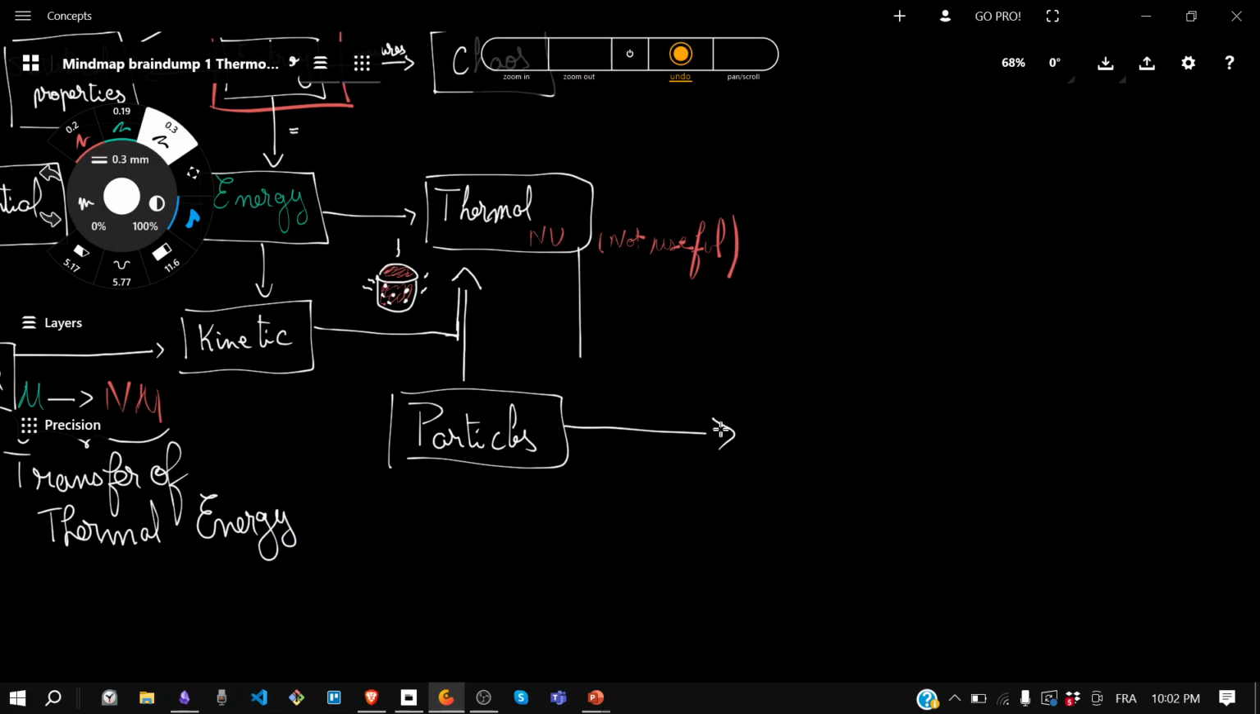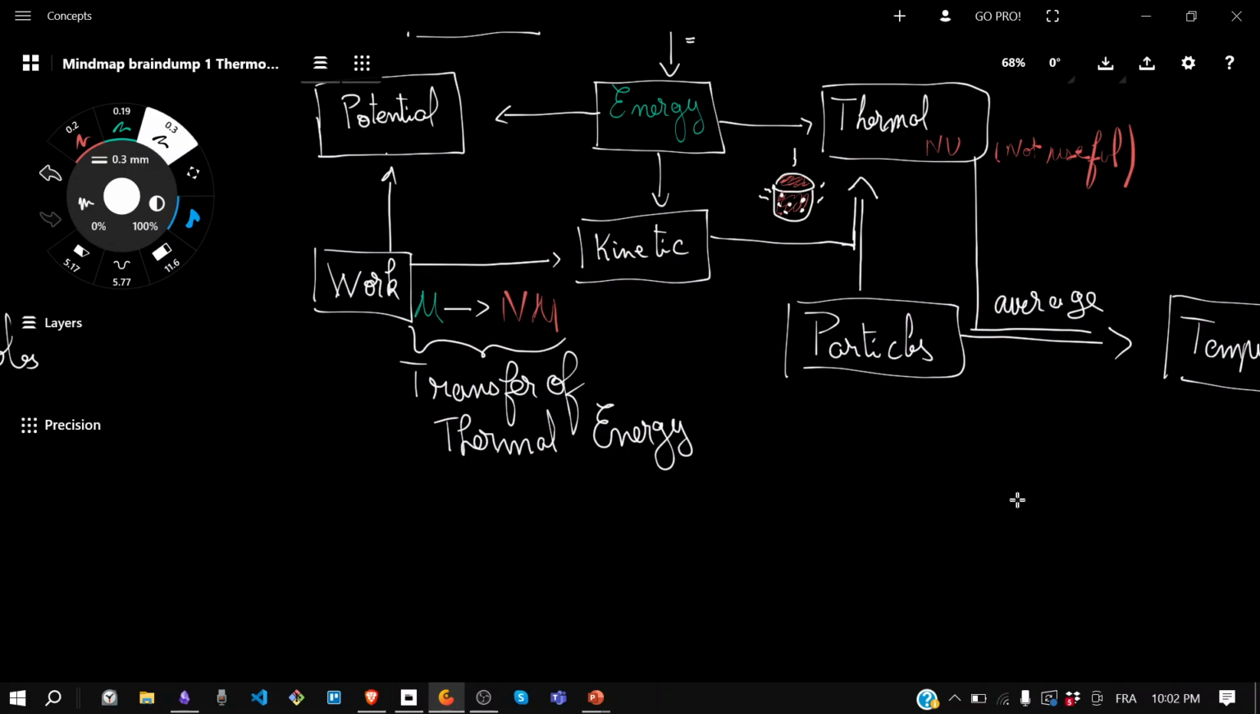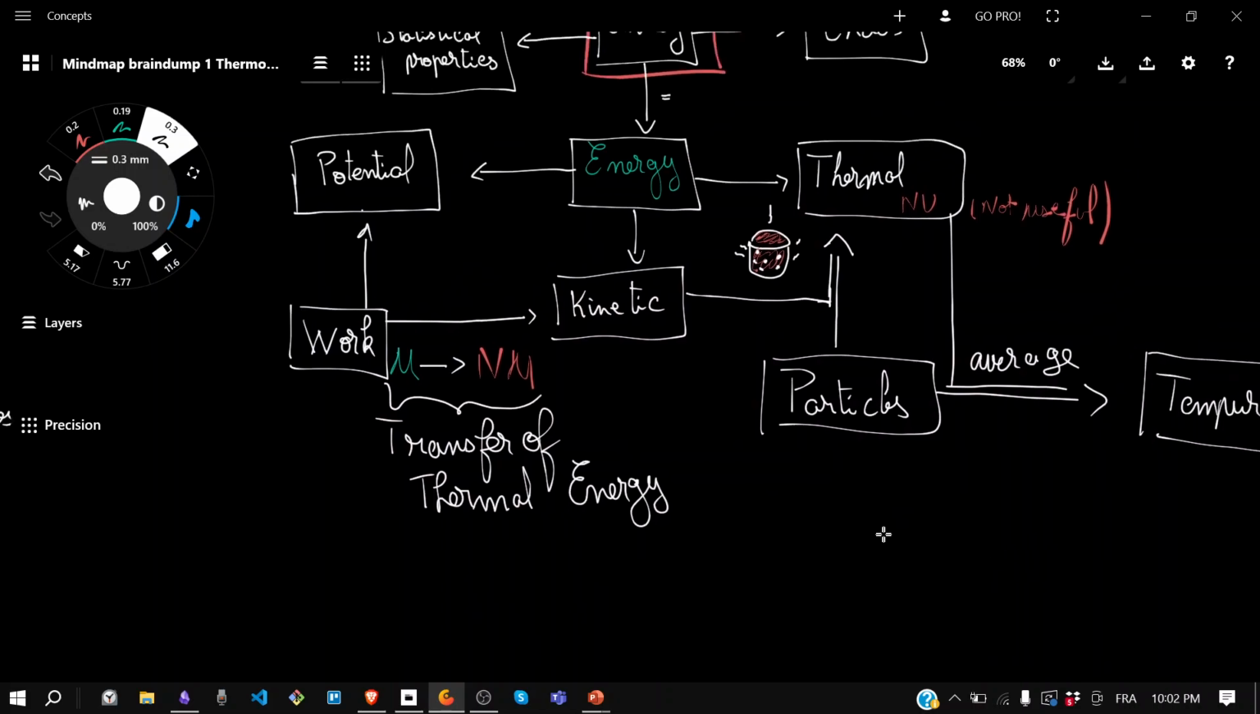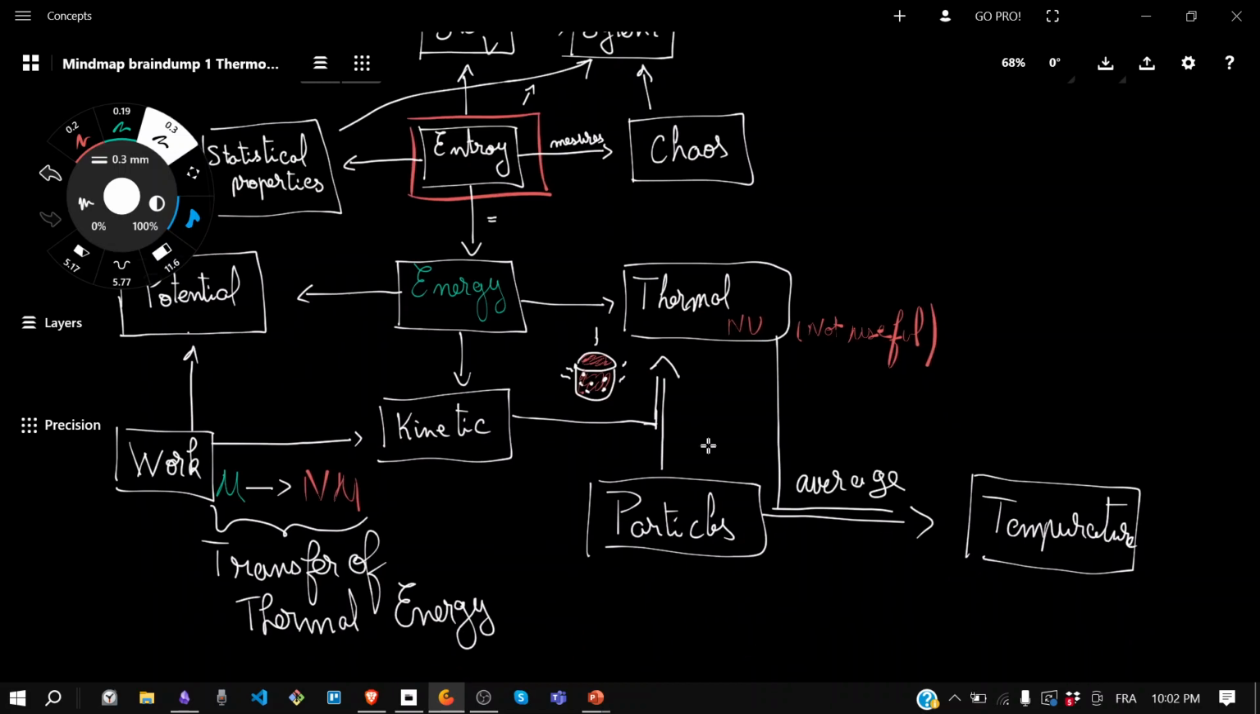So let's look at this like this. I'm going to put average. Gives me temperature. Now, let's see. Going thermal to work. I wish this was a three-dimensional thing, but I can't go behind it. So I'm just gonna say that